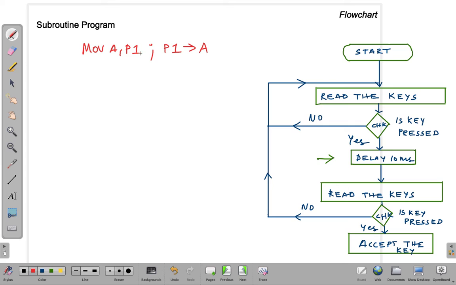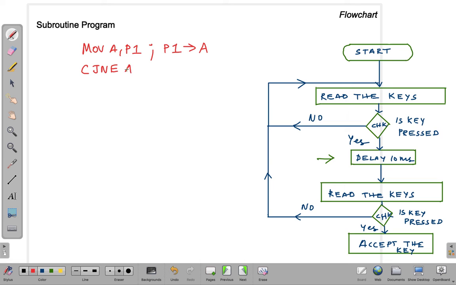After moving the content of P1 to A, we compare this data using a statement called CJNE, which stands for compare and jump if not equal. Whenever the data is not equal, this will switch to a different program line.